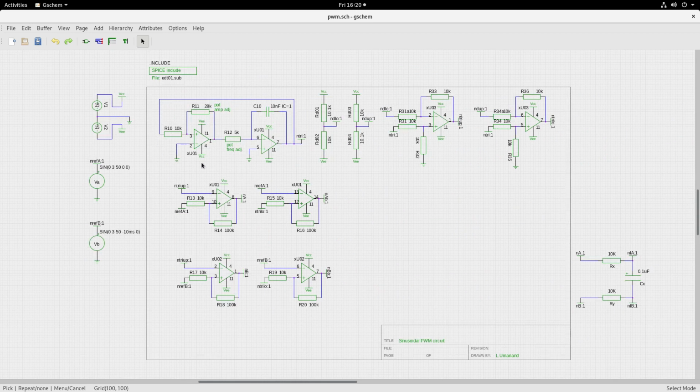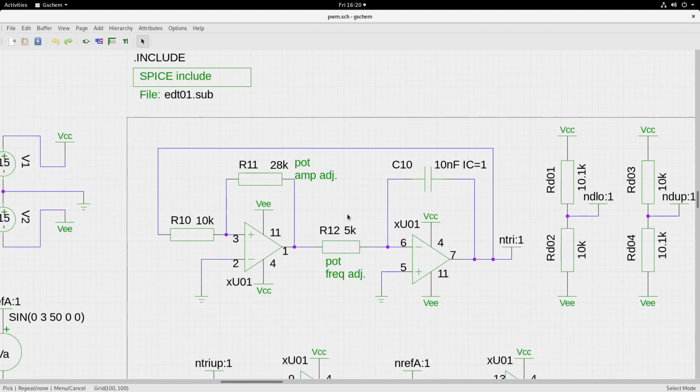So this portion here is a triangle generator. It's a simple triangle generator which I have made using op amps. So you see here, this op amp, across the minus and the output I'm having a capacitor and then a resistor connected to the minus point coming from some signal. So this portion which I'm indicating through the cursor is nothing but an integrator.